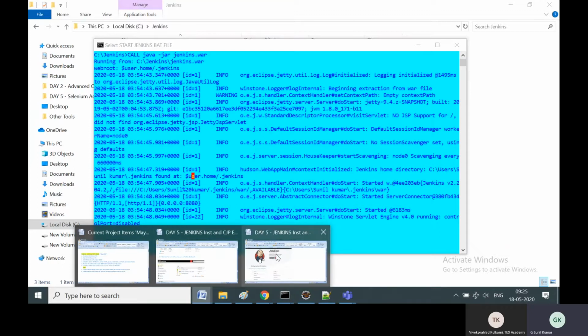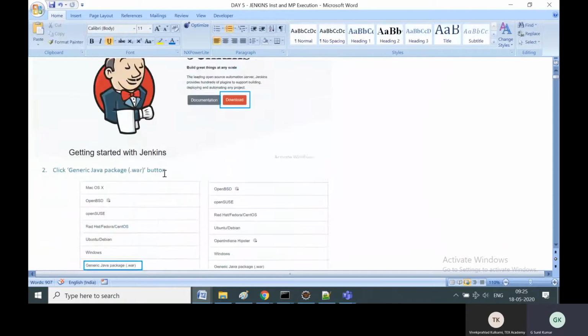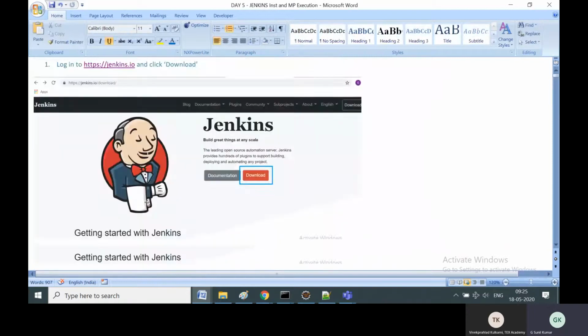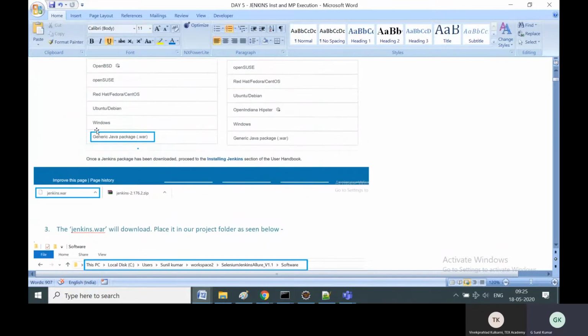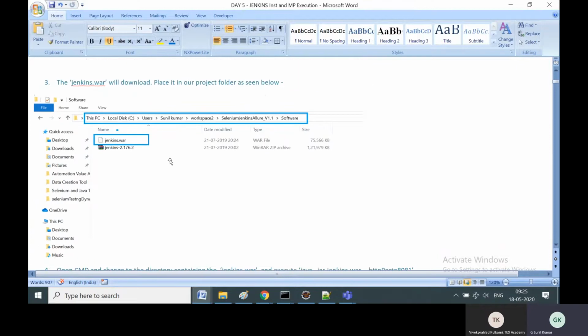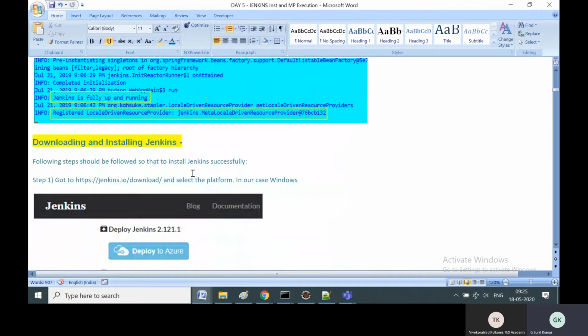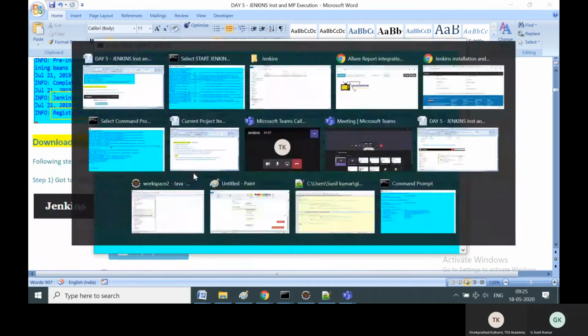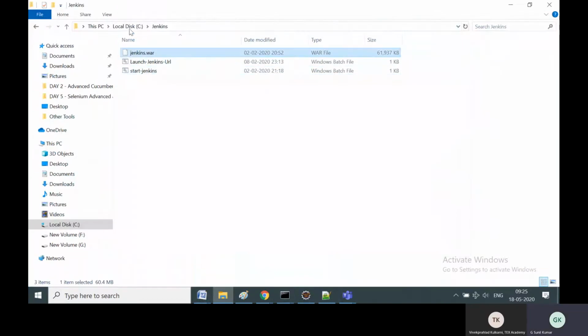In the meantime, I'm going to show you the next steps. So this is the complete document from scratch. You can recheck this video and also go through this document, where I've given screenshots of every page action, from downloading and how to proceed. So here in the screenshot, as I told you, we have downloaded Jenkins, and we are putting it in C:\Jenkins.